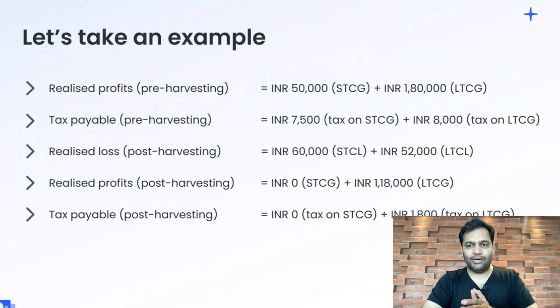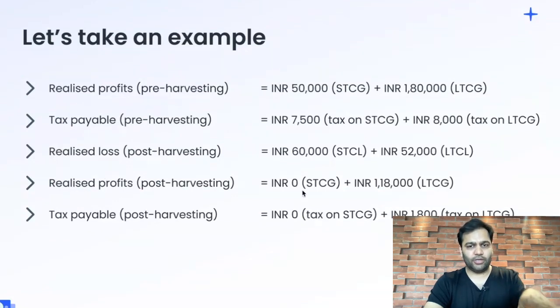On the remaining 80,000 at 10%, I am liable to pay 8,000. So my total tax liability was 15,500 rupees. Right now, as we saw in the simulator, after I do tax loss harvesting, now my realized profits are, as